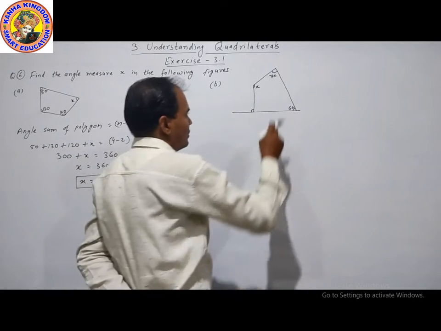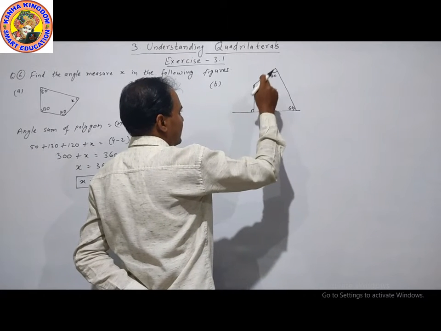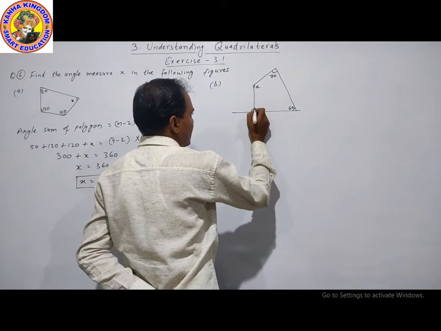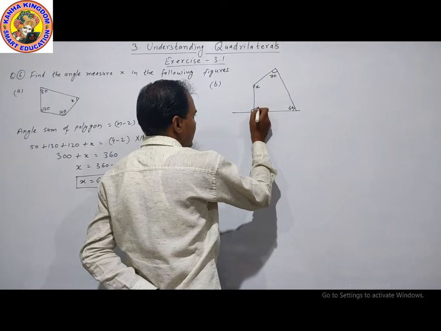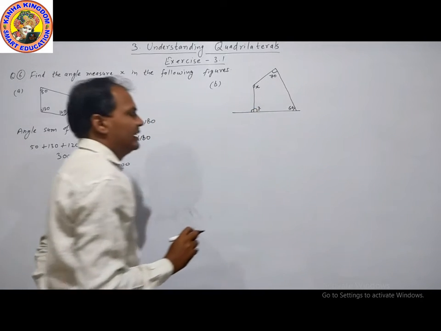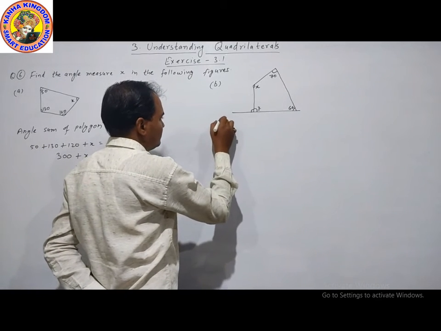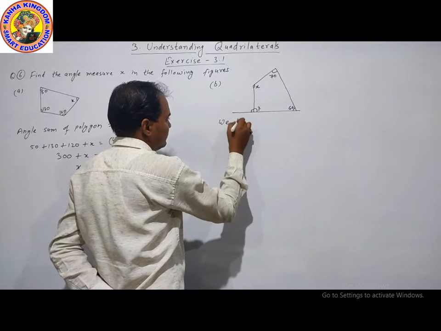In this, find the value of x. X, 70, 60. This angle is also missing. Name of this angle is y. For finding the value of y, first of all, we know that